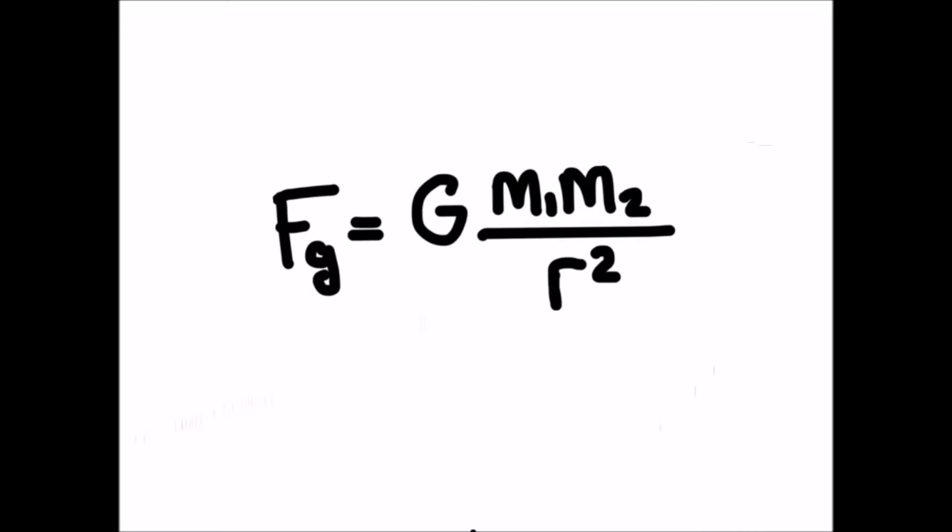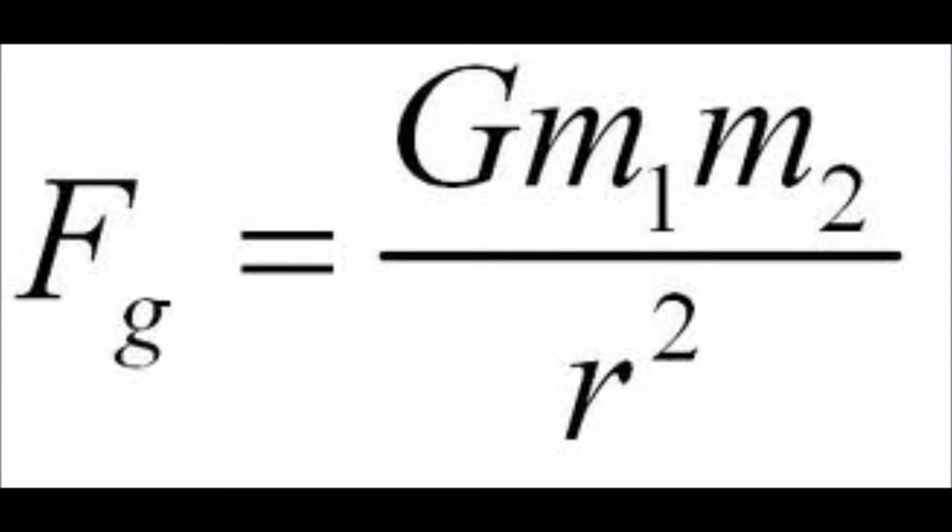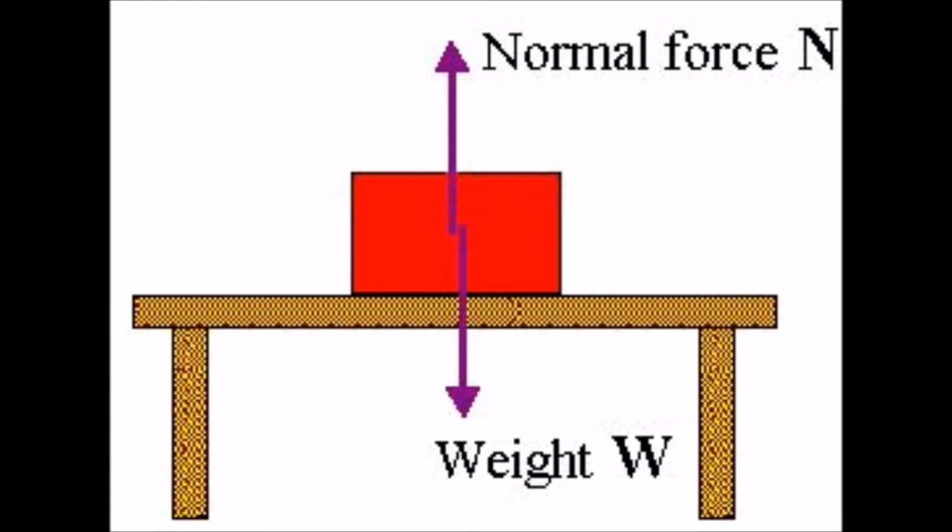When the object is not at the surface, we use this equation. M is the mass of the two objects in kilograms, G is the gravitational constant, which always has a value of 6.67 times 10 to the power of negative 11, and r squared is the square of the distance between the two object centers. The normal force is the support force exerted upon an object that is in contact with